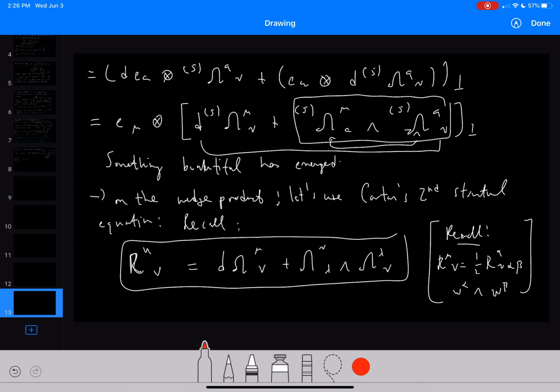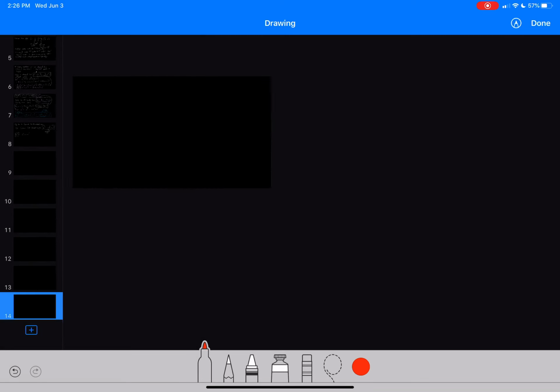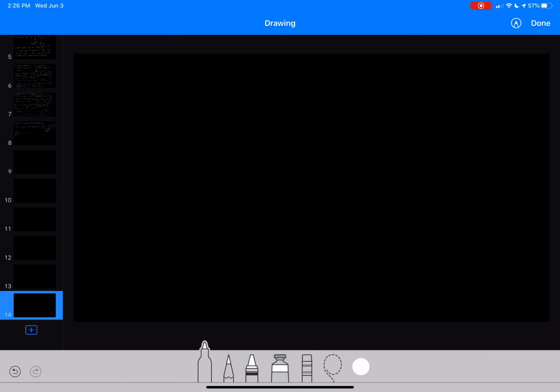So using Cartan's structural equation, let's combine all of these expressions together. Combining these expressions, we come up with an expression for our second exterior derivative of the basis vector and its orthogonal projection. So we see that, let's say, d squared e_v orthogonal component